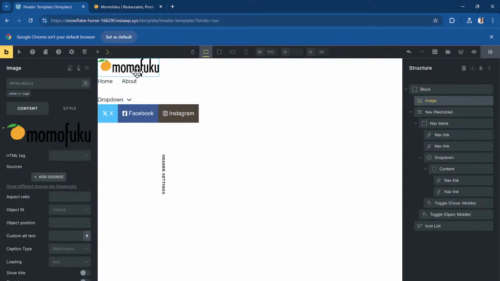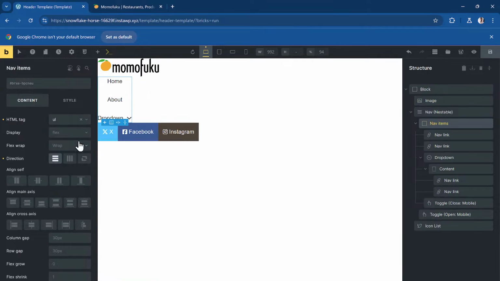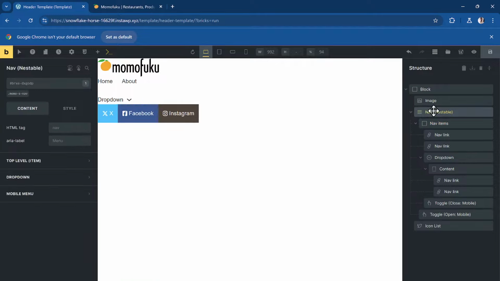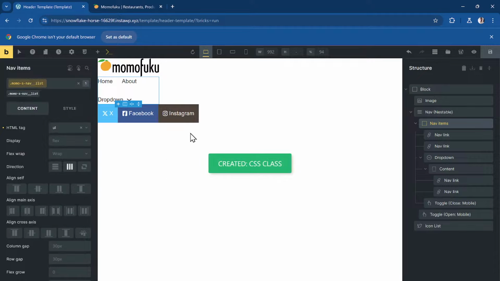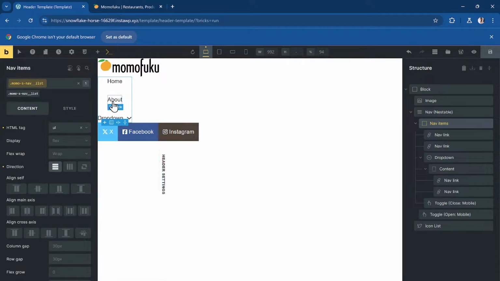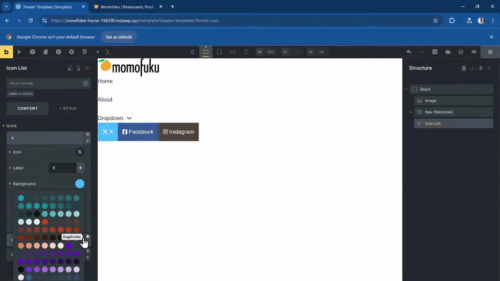Ideally, you also want to give it an alt text for the logo, but I'm not really bothered about being correct right now. Just want to create a style. Oh, the nav nestable. And then I'll make the inner nav have Momo's nav list. The column will start at that and that. So that's it. Then the icon list,